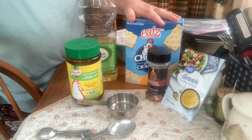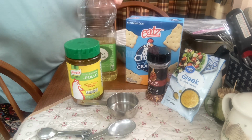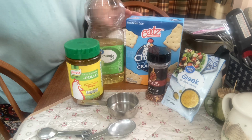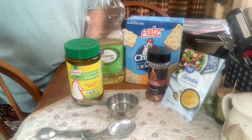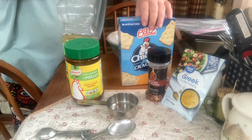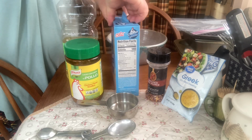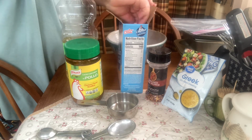This is already a little salty, so don't add any salt would be my suggestion. But they're really good, and anyway, gives a wonderful flavor. So I'm going to go ahead and crack this open for you. It's a real simple recipe. So just take a box of the crackers